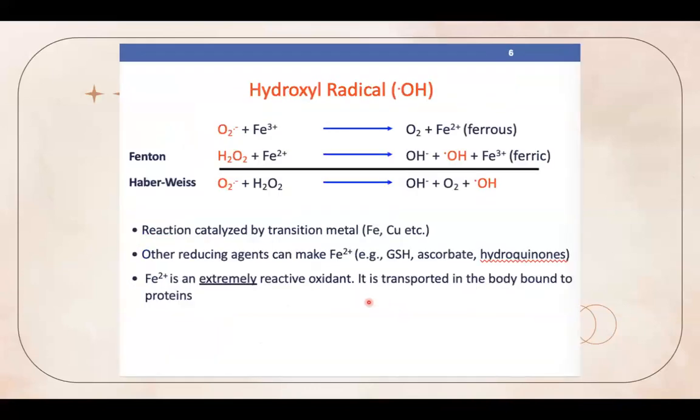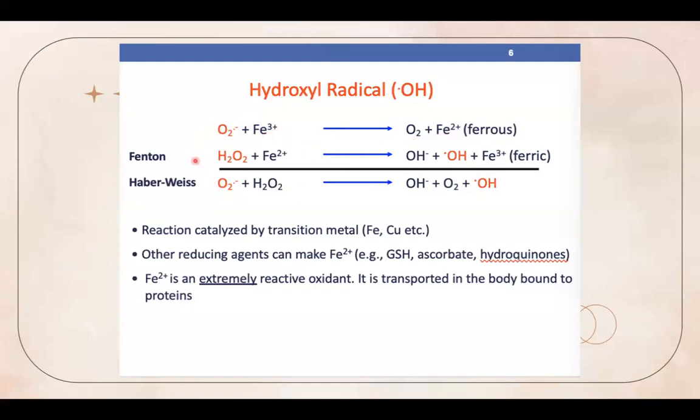Okay, so now let's get into some of the functions or the possible benefits of the hydroxyl radicals. So first of all, we're going to talk about OH or hydroxyl radical. Normally we have iron in our blood, correct? It's present in the hemoglobin, it's present in the blood at all times. So when oxygen and the Fe3+ or ferric iron react together, the superoxide, which is the radical, when it reacts with the ferric iron, it produces oxygen